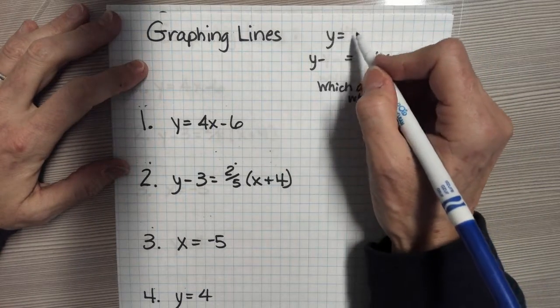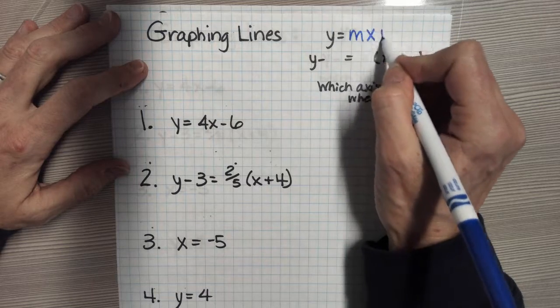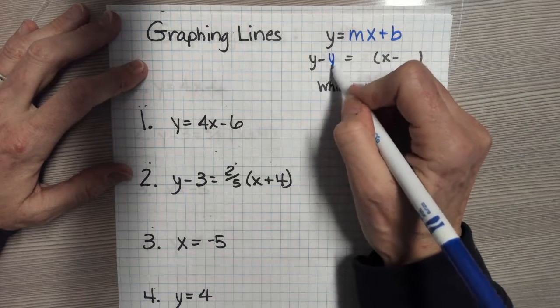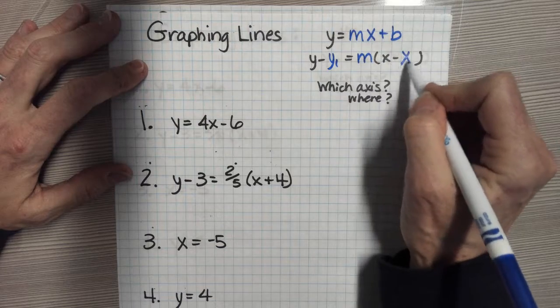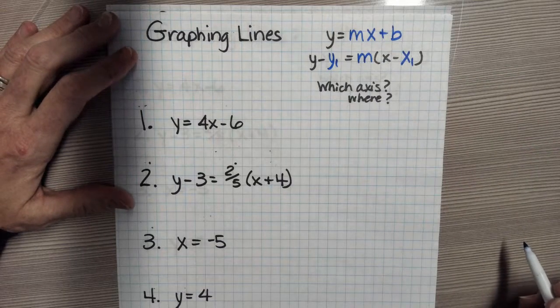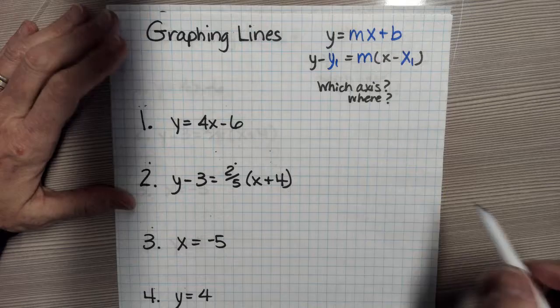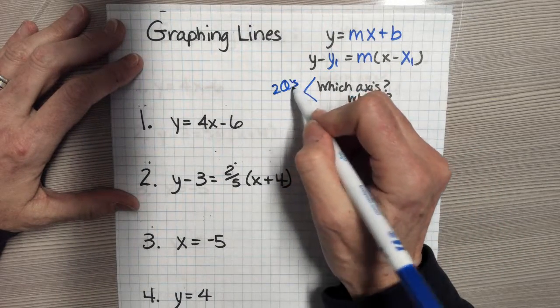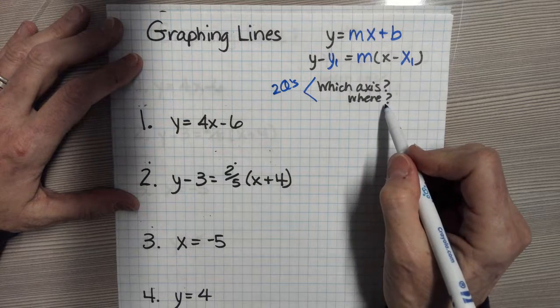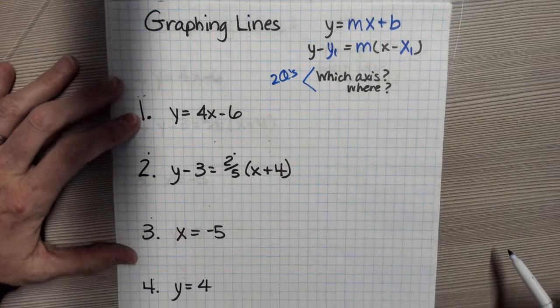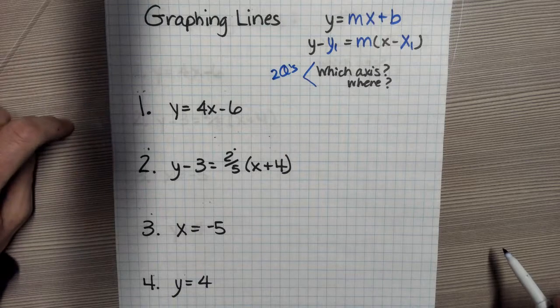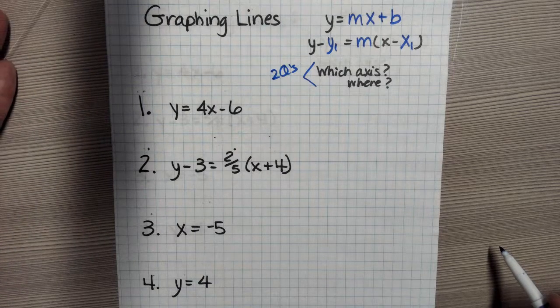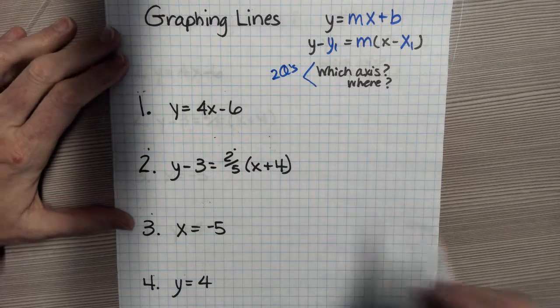First thing, graphing lines again, y equals mx plus b and y minus y1 equals m times x minus x1. When there are some oddball equations that don't fit that, there are two questions you can ask yourself. Which axis does it cross and where? Okay, I did this one on graph paper. You'll probably, on the worksheet, on the back side of writing equations, find there's already a big